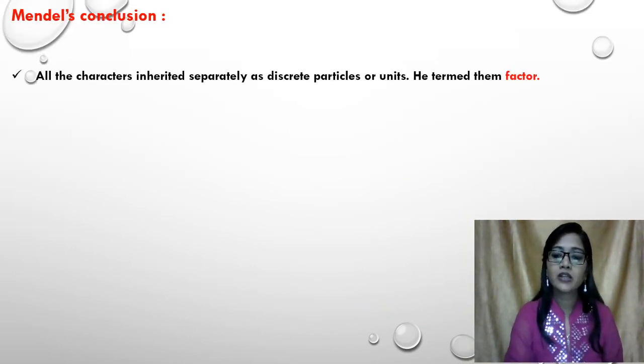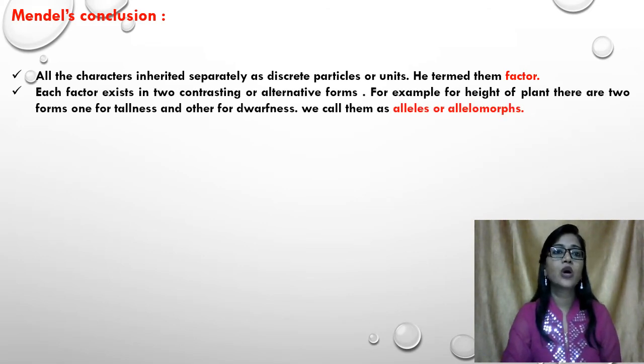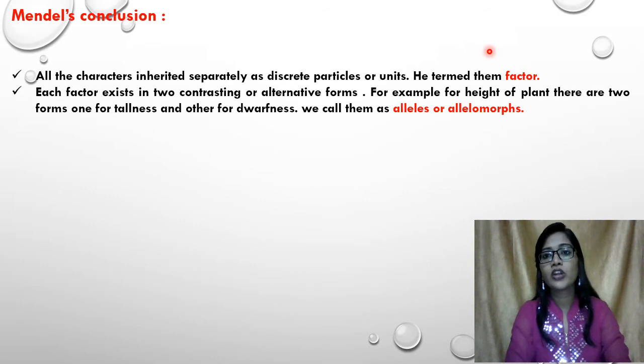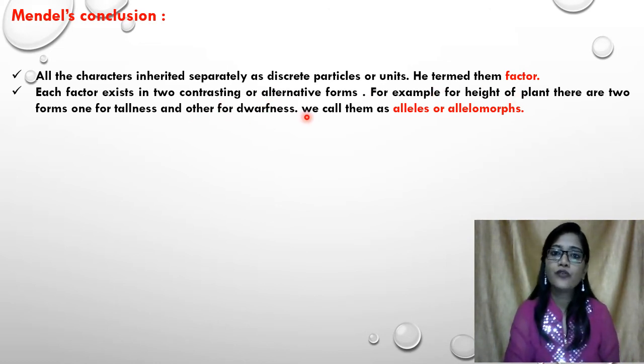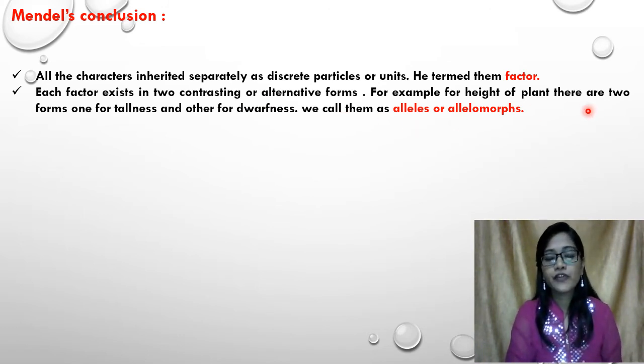So what are the Mendel's conclusions? By these 2 laws, all the characters are inherited separately as discrete particles or units, he termed them as factors. As genes, alleles, these terms were not invented at that time. So whatever characters were inherited separately as units, he termed those units as factors. Okay, each factor exists in 2 contrasting or alternative forms. For example, for height of plant, there are 2 forms, one for tallness and other for dwarfness. We call them as